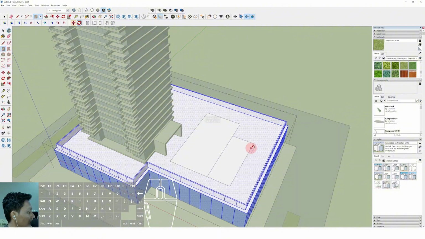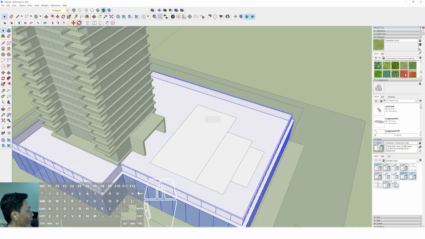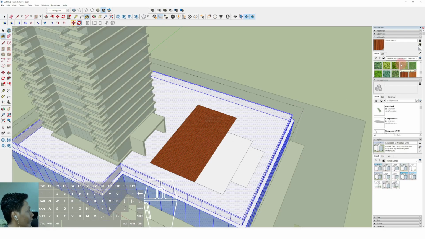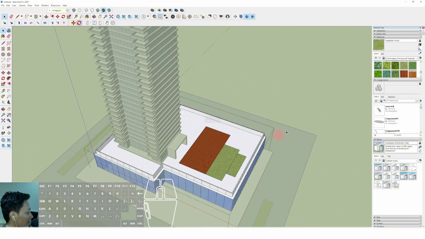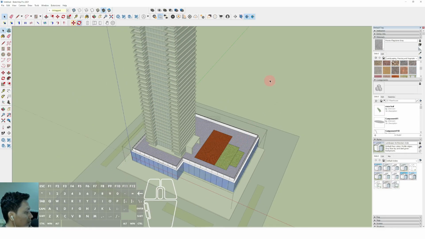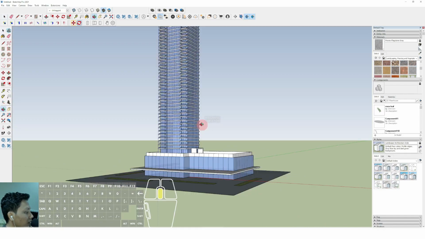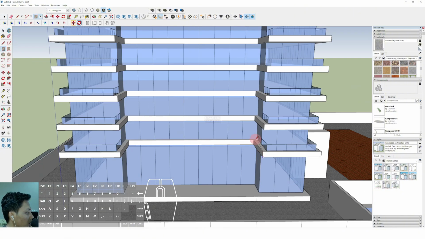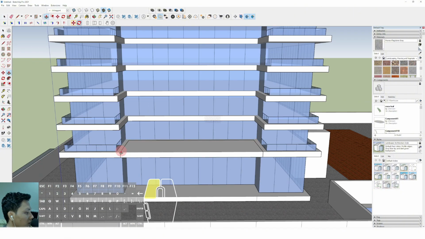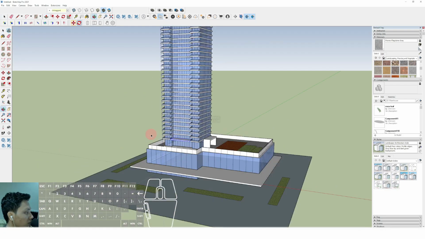Okay, maybe this is about the landscaping area. So approximately just like this, and we can make another canopy, an additional canopy on this lower floor on this